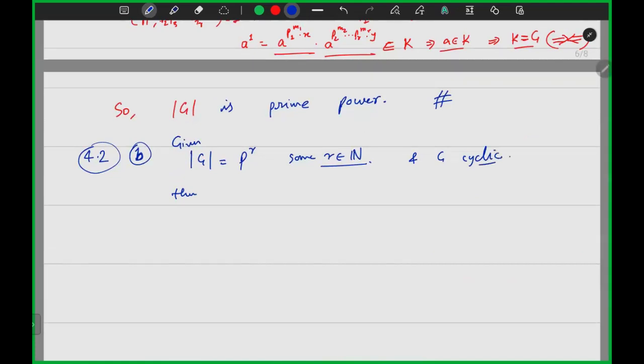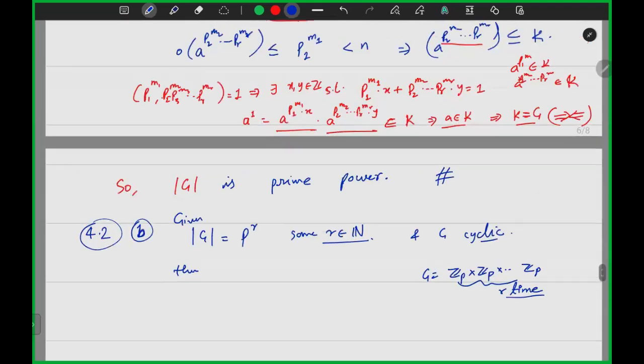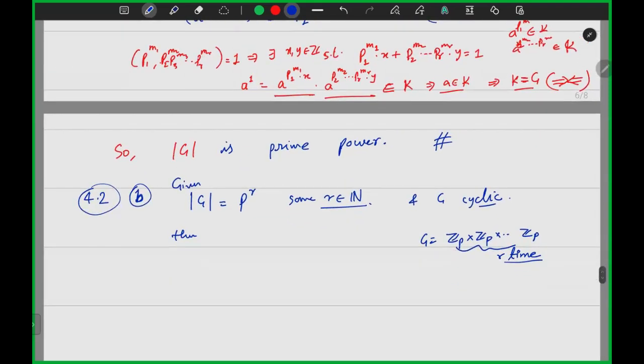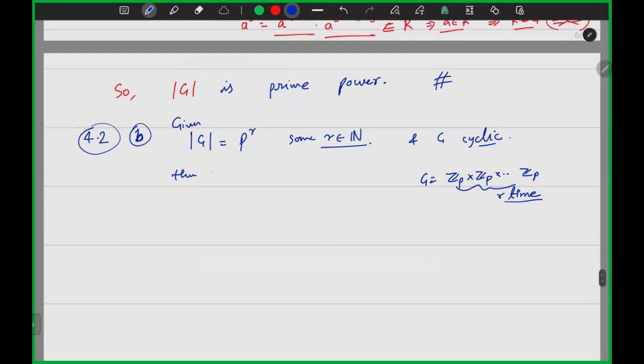Otherwise we'll get a contradiction. You can see this when G is, let's say, Z_P cross Z_P cross Z_P, R times. Then it is not unique. Anyway, when G is cyclic, then